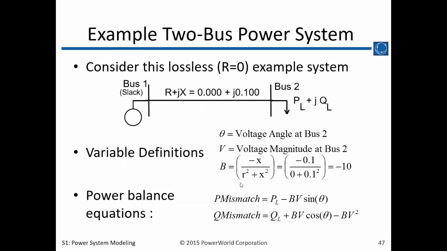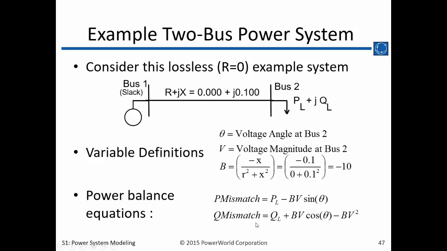So if we look at this 2-bus power system example and consider this lossless example where R equals 0, theta is the voltage angle at bus 2, and V is the voltage magnitude at bus 2. Bus 1 is our slack bus, so that's our reference. We have our admittance B is minus x over R squared plus x squared, so we're just taking this value and inverting it, and we end up with a per unit value of minus 10 for the admittance on this